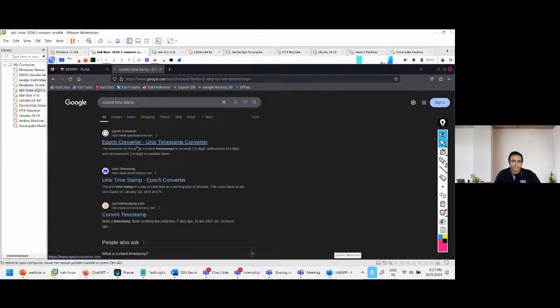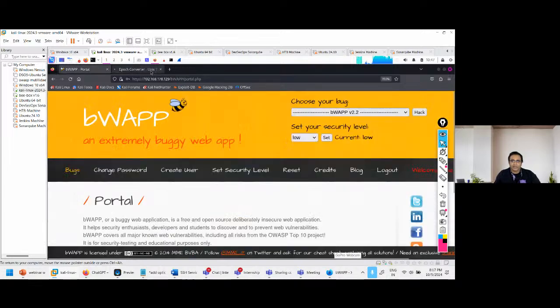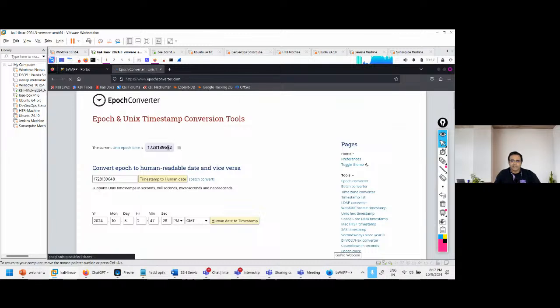Epoch is that it is going to give the timing in a numerical way. It is not like 10 10 anything. It is going to give the timing in seconds from 1970 Jan 1st or something like that. How many seconds has passed from that time? So they have used that kind of an approach. So here it is constantly changing. For every second it is going to keep on incrementing, and they use this method for generating their